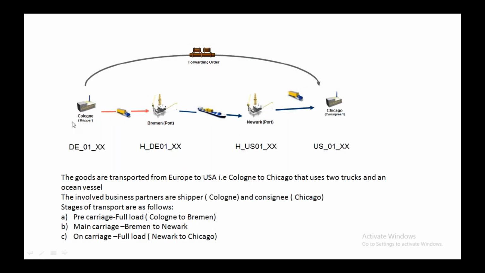So, in case your shipper is at Cologne and you need to move it to Chicago, what are the different transportation processes, components, configuration, individual perspectives, everything I'll be covering. Starting from organizational data, different types of master data, different types of transaction data, then you go into SPRO, how you're going to configure the different types of resources. At every level of the four pillars, I will explain in order to cover the end-to-end process.